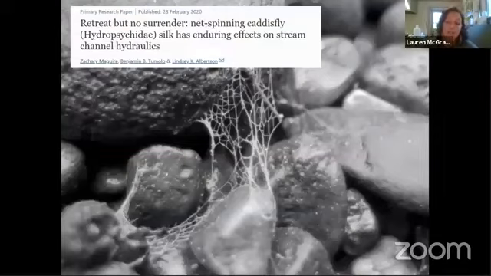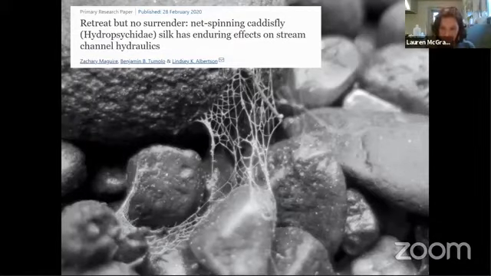And one of the most important but less flashy functions of caddisflies is that, in a healthy ecosystem, you should have thousands upon thousands of caddisflies. And they use that silk to bind rocks together. And there's a growing body of literature suggesting that a healthy population of caddisflies might actually change the way a